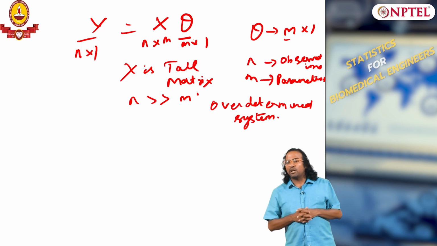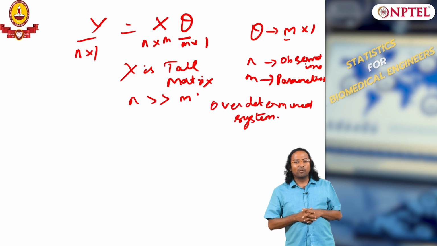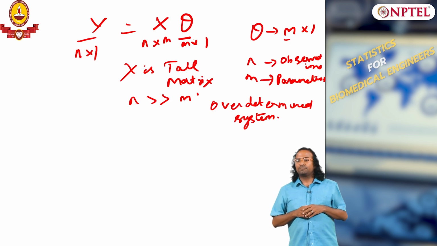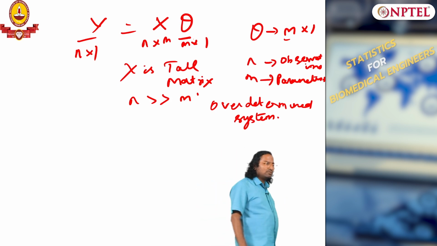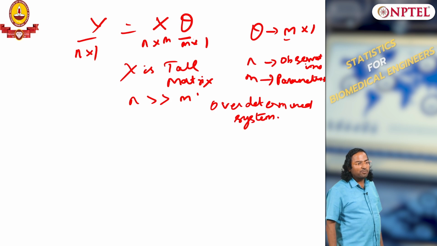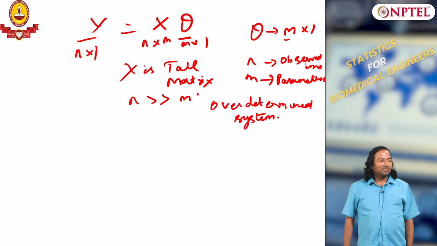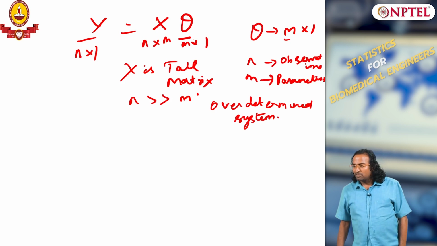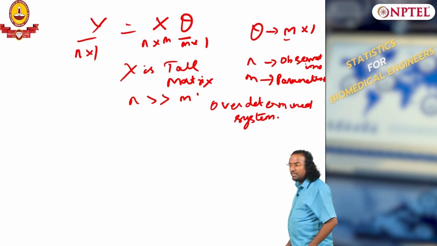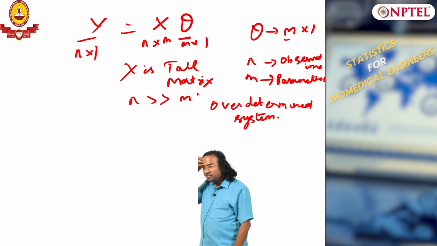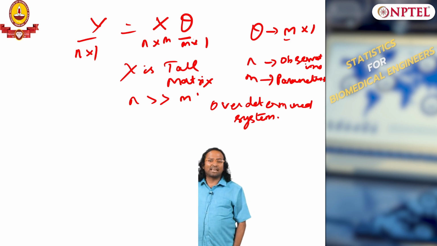Where do you get under determined in biological problems, in the biomedical engineering domain? What are we trying to explain? The number of patients is less, while the parameters explaining each disease might be more. Exactly. If you take simple DNA base pairs, there are so many combinations possible, but will you do so many experiments? You would possibly have done them with 10 or 20 people or 100 people, but the base pair combinations that could happen are in millions or even billions. So it is an underdetermined problem.